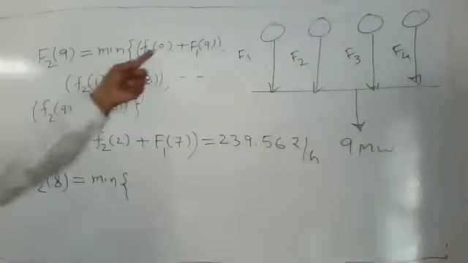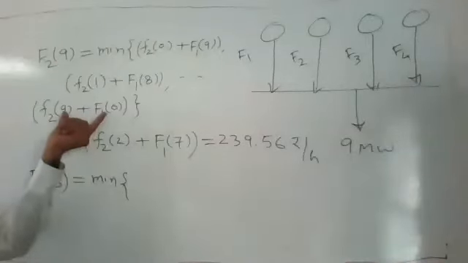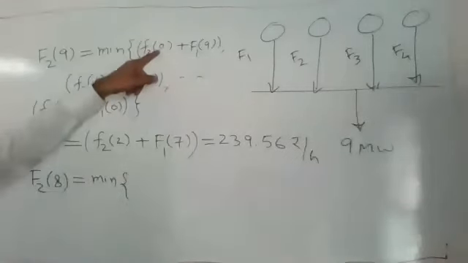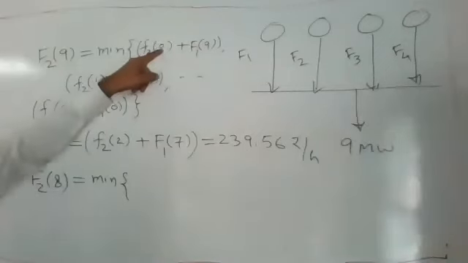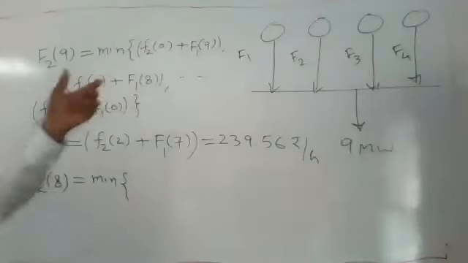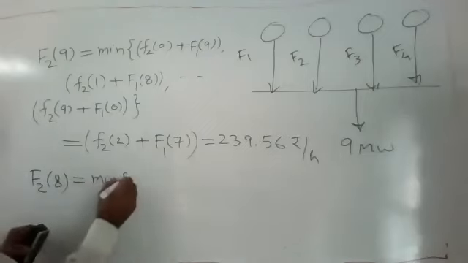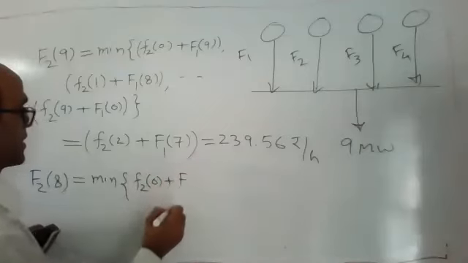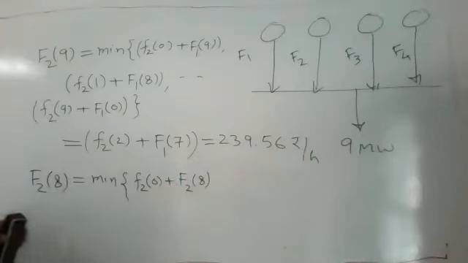Because you can see here, these are all numbers. If you are adding their bracket numbers, that is always 9. If you are finding F2 8, then it should be 8. If you are placing 1 0 here, then you are placing F8 here. If you are placing 1 here, you place F7 here. Similarly you generate all the combinations. So if you are doing F2 0 plus F2 8, you are getting F2 8.